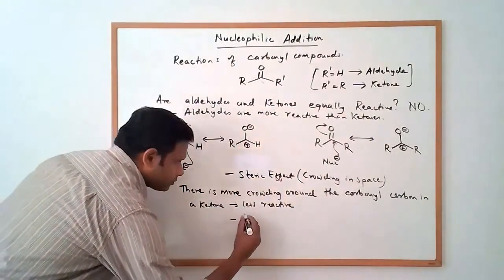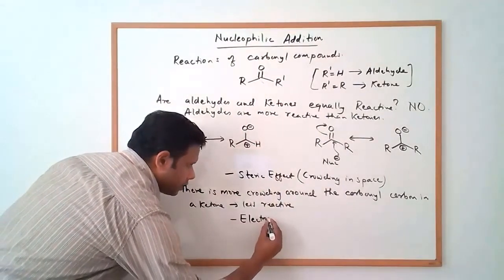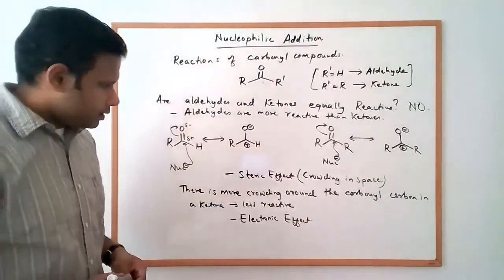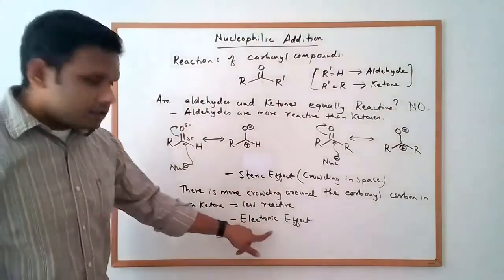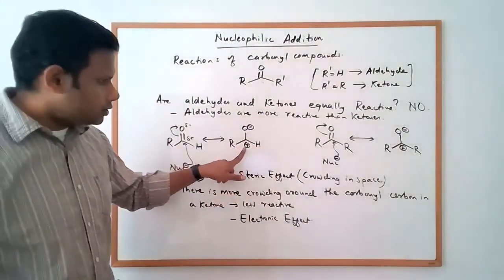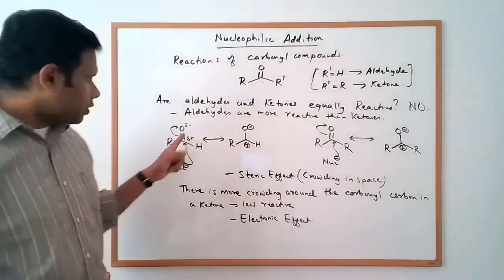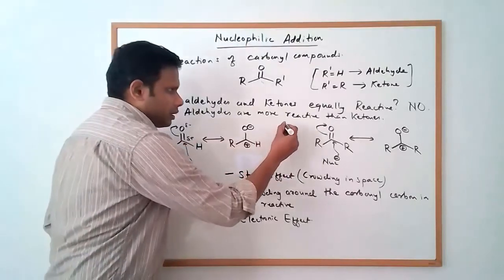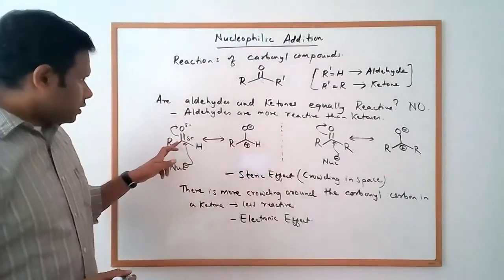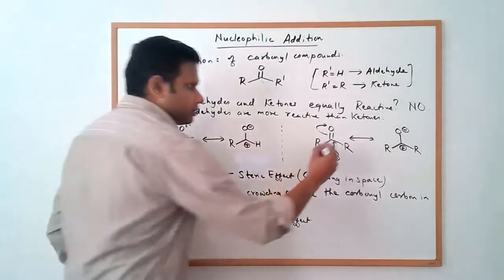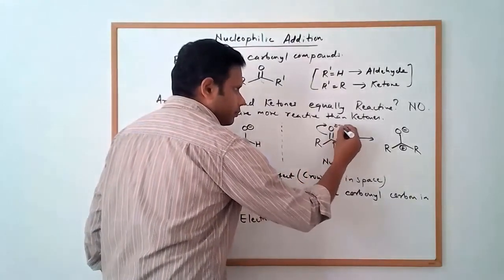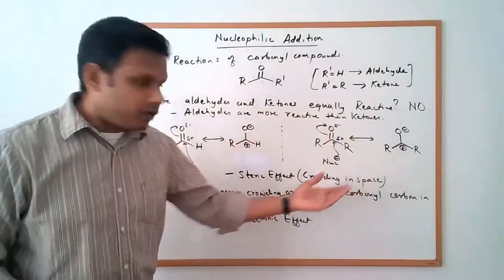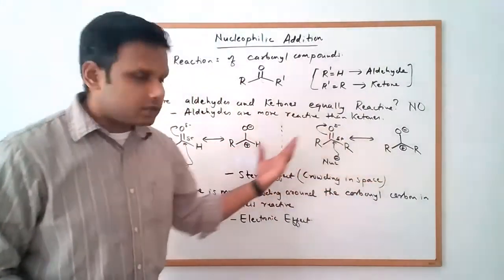The second effect is an electronic effect. Okay, it's an electronic effect. And this comes down to the charge on the carbonyl carbon. So as we see between the aldehyde and the ketone, they both have a partial positive charge on that carbon atom, on the carbonyl carbon, or if we write a resonance form, they both have a formal positive charge